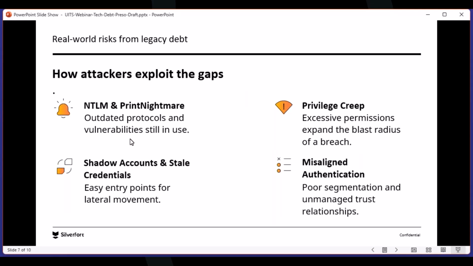Moving on to privilege creep. Yeah, I mean, this is a no-brainer, right? If it has too much permission, the blast radius is huge, right? As soon as somebody gets to this account, even if they get to it initially, they can spawn new accounts potentially, they can move to new servers, they can create local accounts on those servers, they can move into file shares and deposit things, they can change all kinds of stuff.